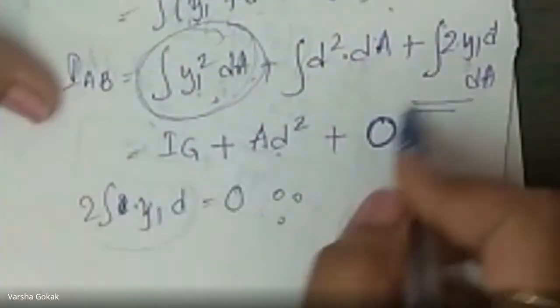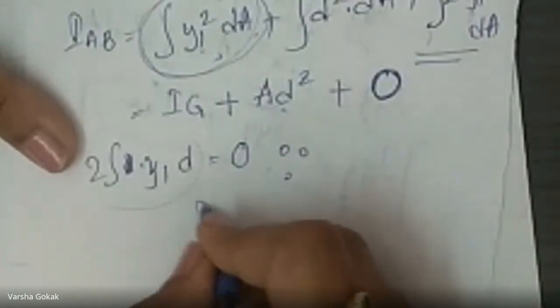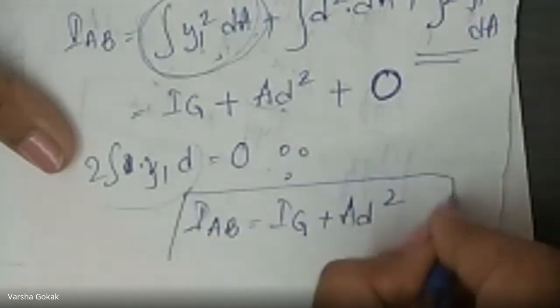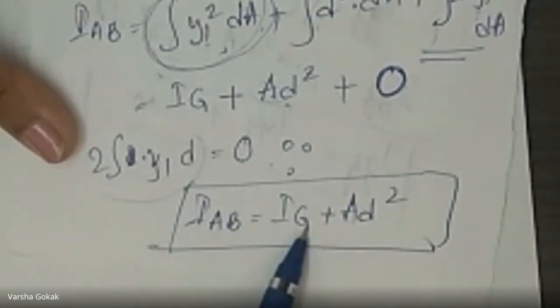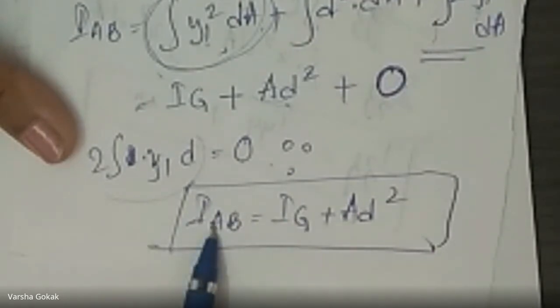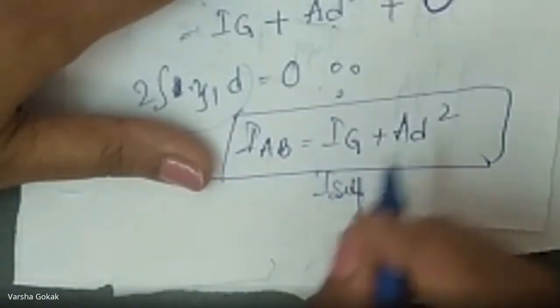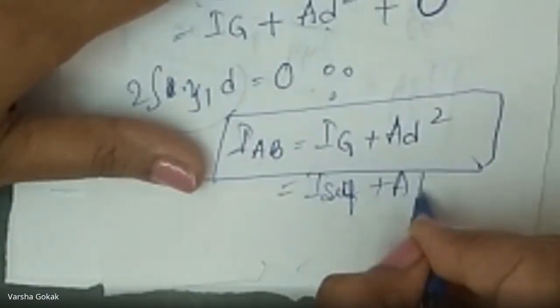So now if I look at only the IAB, what are we left with? So IAB is going to be equal to IG plus A d square. IAB equal to IG plus A d square. What is IG? IG is the moment of inertia about the axis parallel to AB. So in our case, if I say this is XX axis, so Ixx, right? So IG can also, in some textbooks, they will write it as I self. Okay, IAB is I self plus A d square. So we have numericals wherein we'll be using this parallel axis theorem in solving the given MI numerical. Okay, so IG is also called as I self.